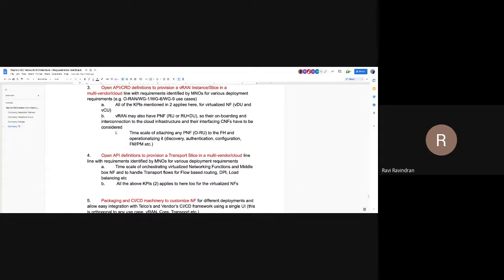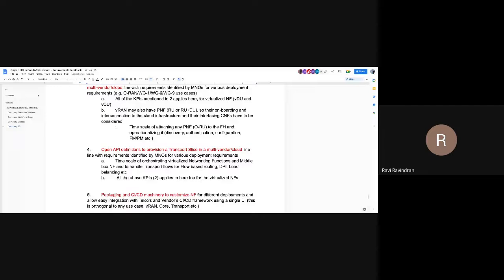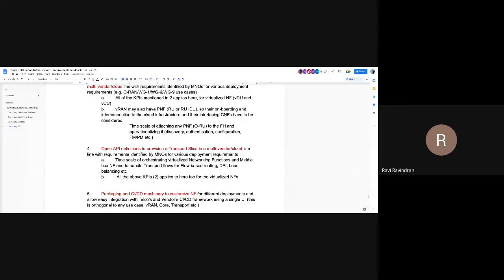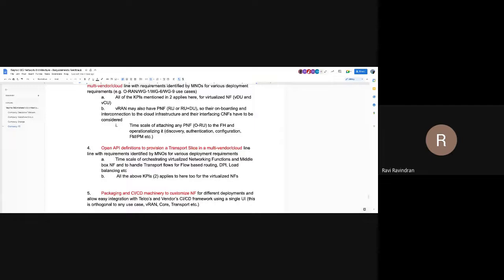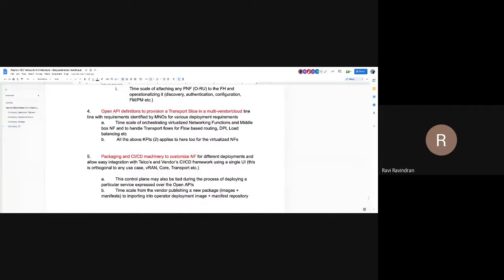The idea is that every network function would have a specific set of APIs or CRDs to describe it, based on the kind of deployment it's going to be used for. And from a network function perspective, the KPIs I mentioned are more from a service design perspective, where you are trying to onboard, customize the manifest, and so on. Timescales for orchestrating a new network function. Ensuring that once you provision it, it gets the resources that were requested. That is, how fast can you know that the provisioning did not go through, and so on.